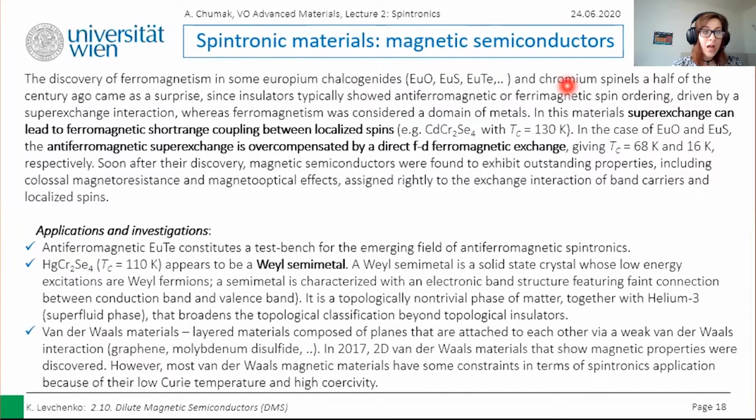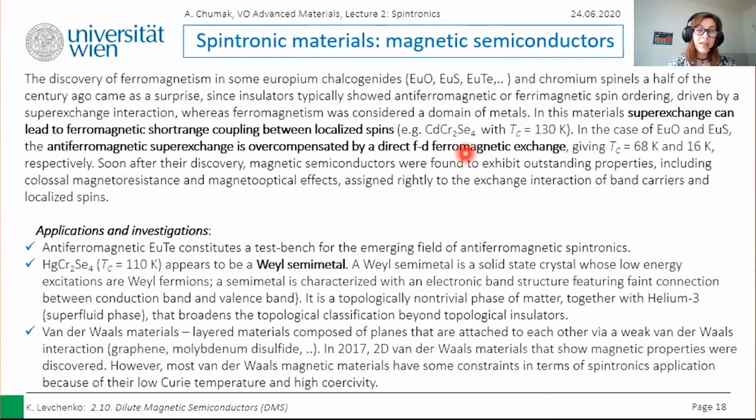interaction. Sometimes the superexchange can lead to ferromagnetic short-range coupling between the localized spins, like in cadmium chromium selenide, and gives quite a high Curie temperature, which is the Holy Grail for all the magnetic and dilute magnetic semiconductor technology parameters. Curie temperature means that we have a paramagnetic state above it and a magnetic state below it. The typical room temperature is 300 Kelvin, and obviously for a material to be considered for